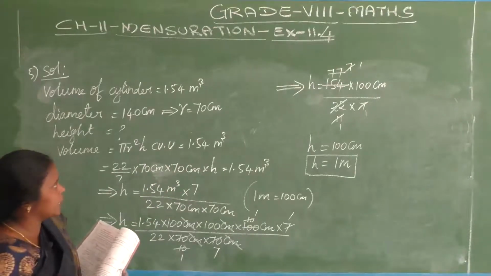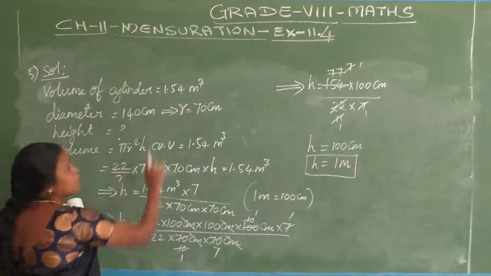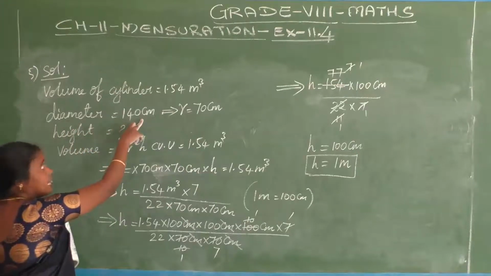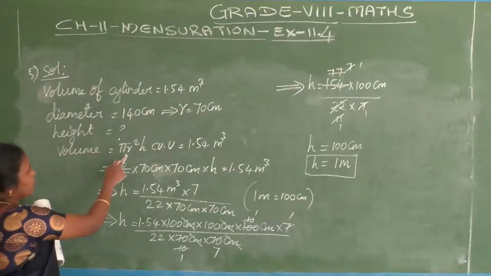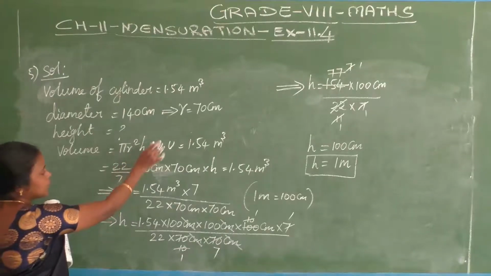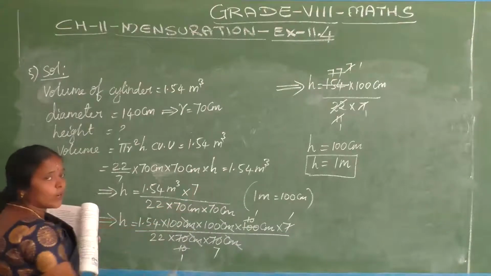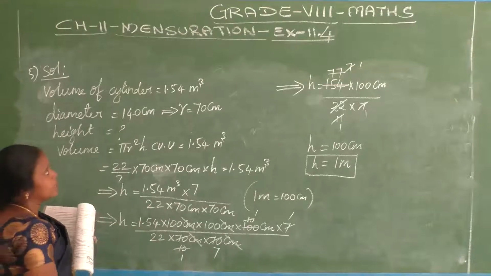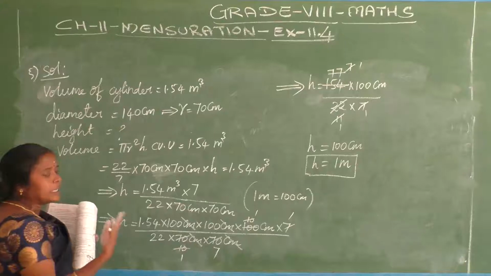What is given? What I did is, see, volume of the cylinder is given in decimal form with cubic meter. The diameter is mentioned at centimeter level. We have to find its height. So using the formula of volume of the cylinder, pi r square h, if you solve step by step, you will get height as 1 meter. But in the middle, the extra part is the conversion of units. One is given in meter cube, another one is in centimeter. So we know the link between both units.